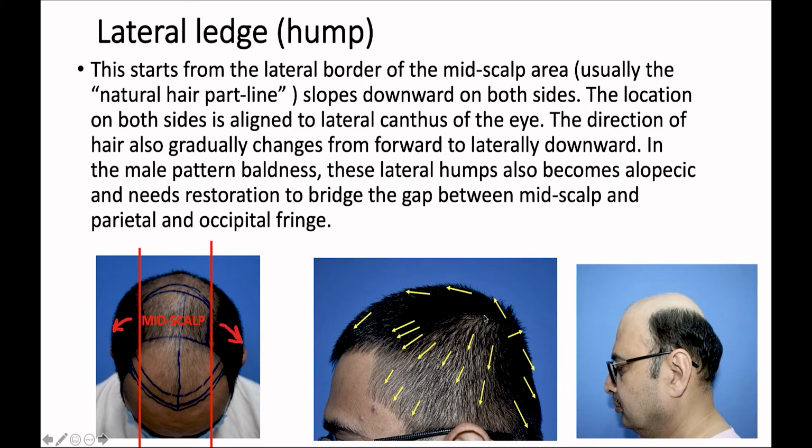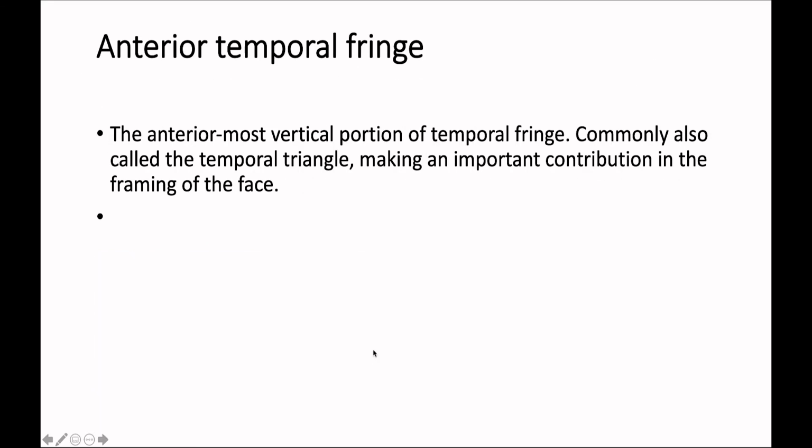And when there is a high grade of baldness, this drops down and there is a need to augment or uplift this lateral edge, or you call it a parietal hump or parietal fringe, okay, so that you can meet with the anterior line to make the frontotemporal point. So these are very important things that you must know. Where is the parietal fringe, I will make a repetition later on.